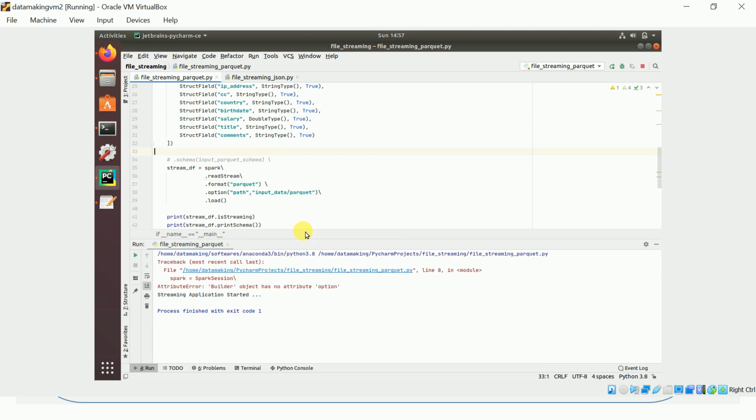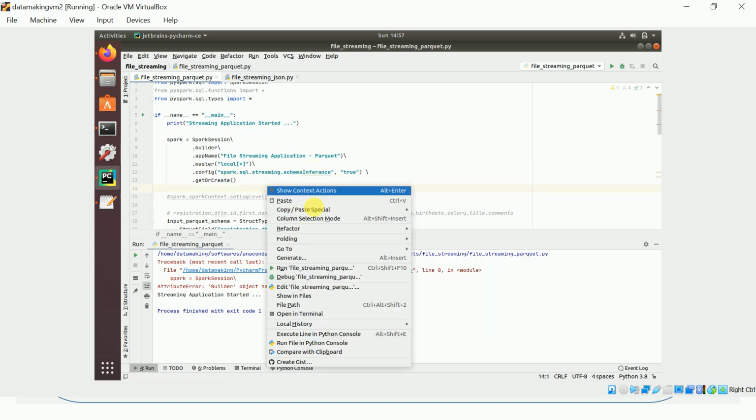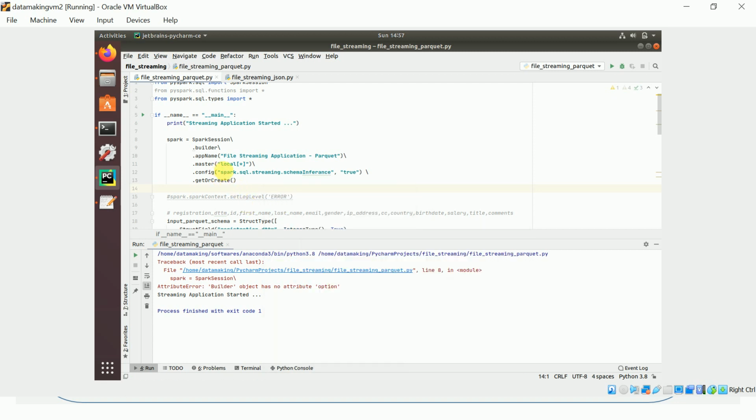I'll run this. It's not an option, it is config. Okay, type over is inference. I'll just verify that property is correct.